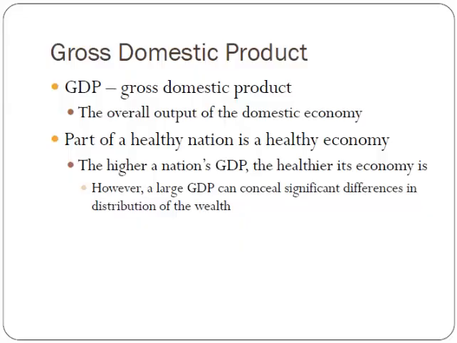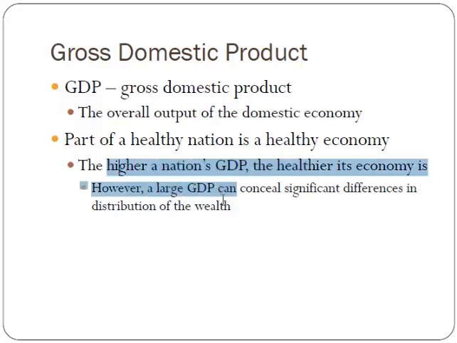Here are some other things that governments are relevant to. Number one is the economy, and the economy is measured in something called GDP, or gross domestic product. That means the overall output of your economy. For example, if you measured all of the production of all of the workers, whether they be people that work in factories producing cars, or waiters who work in restaurants, or college professors who teach, if you took all the economic value of all the activity of all the people in the country and you added it together, it's not easy to measure, but there are economists that measure these things, you'd get the GDP, the gross domestic product. One of the most important ways in which countries' economies are measured is through this GDP.